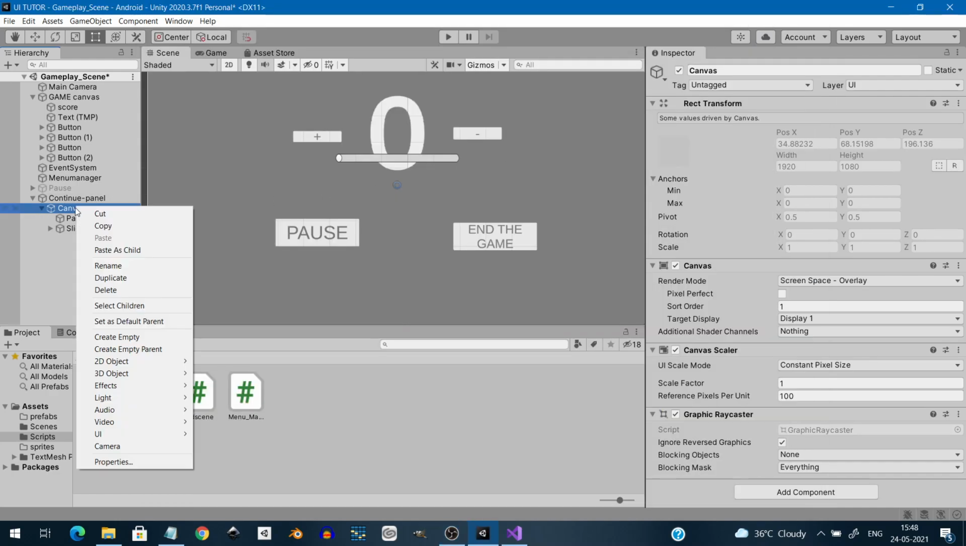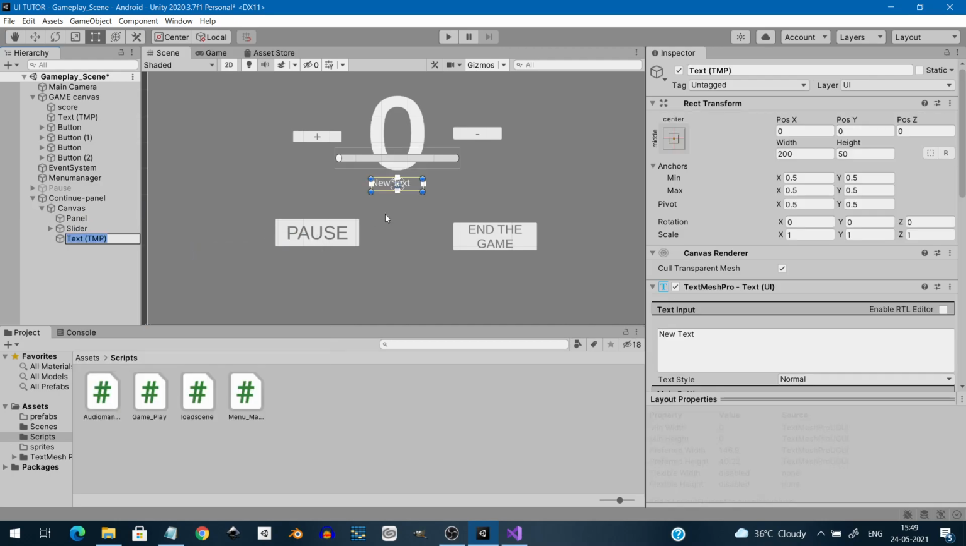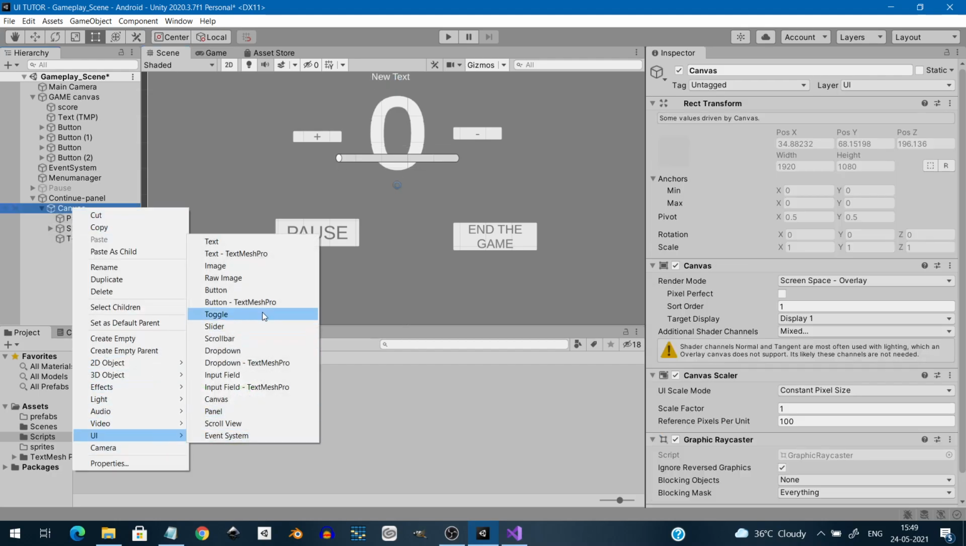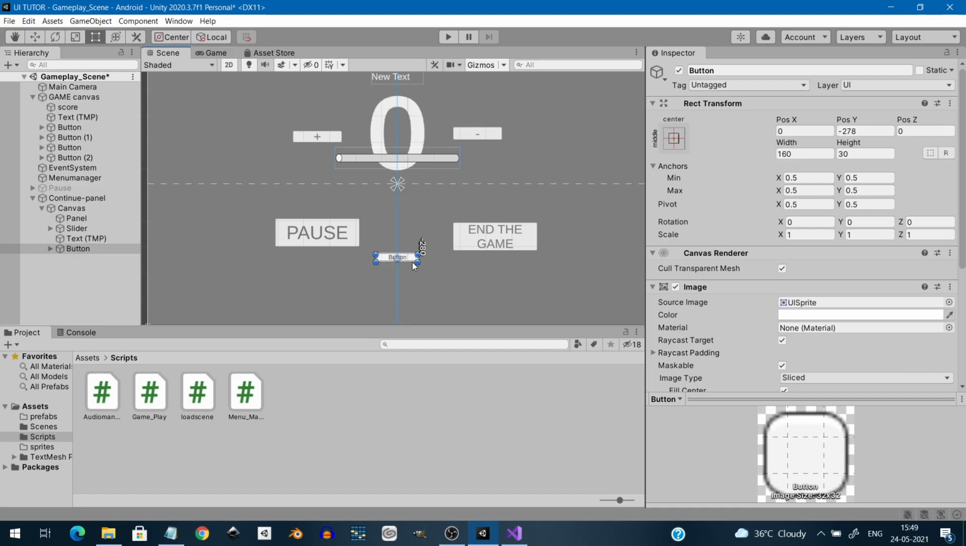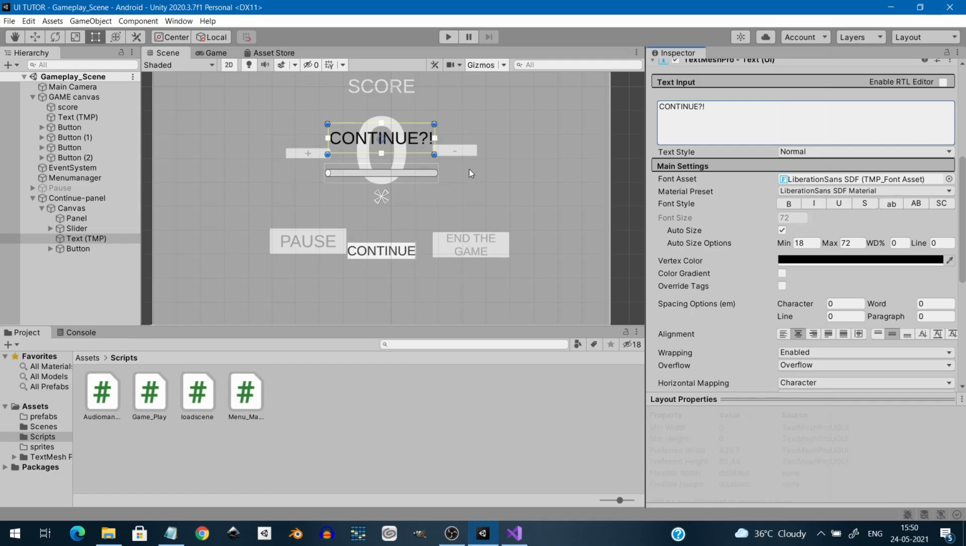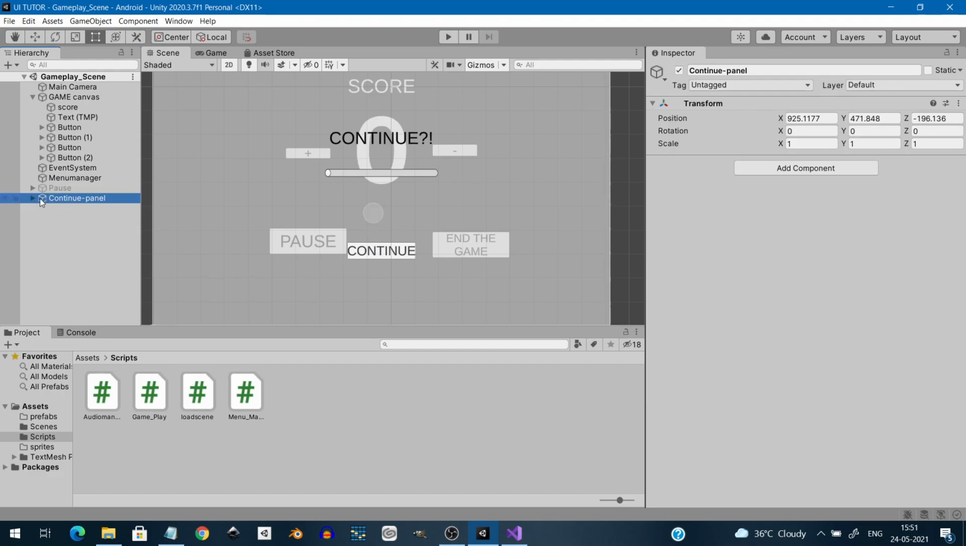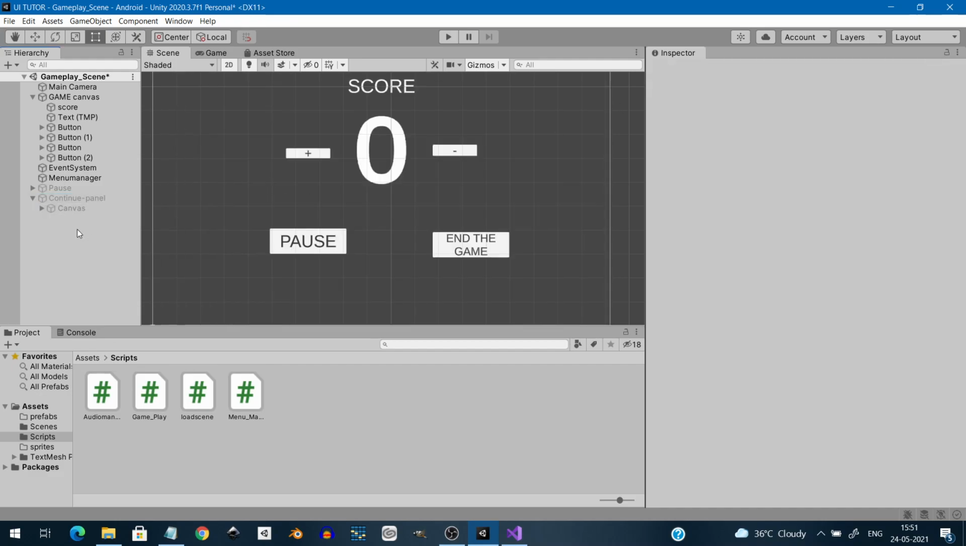After that, I will create a button for continue and a text called continue. So right click on canvas, click UI, and go to TextMesh Pro. And I want to create this button also, a button TextMesh Pro. Okay, now I have created a continue text along with the continue button, so that if the game is over, we can ask the player, shall we continue the game or not? So let's disable this and